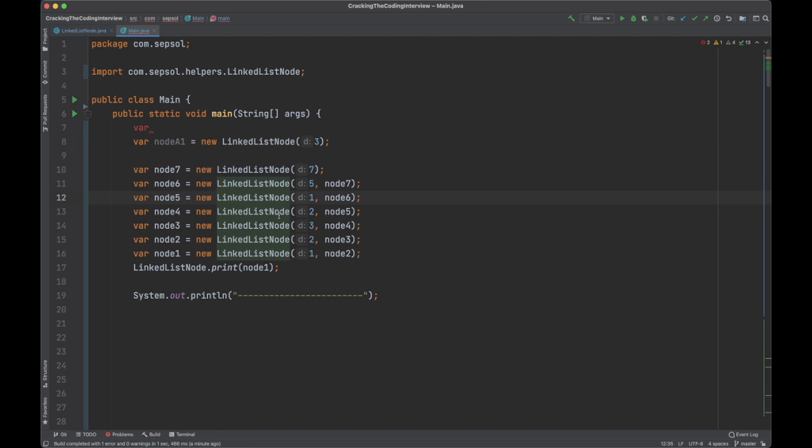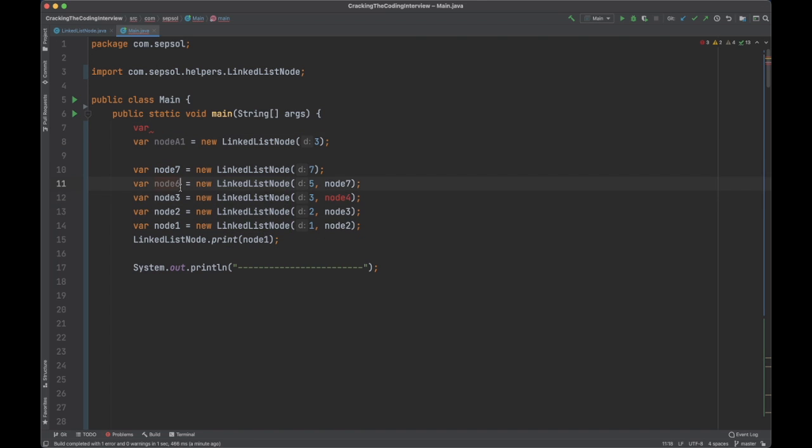Well, let me remove some of these. Okay. Now we have A1 as 3, var node A2 as maybe 4,